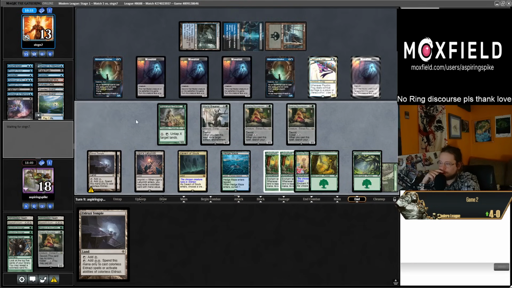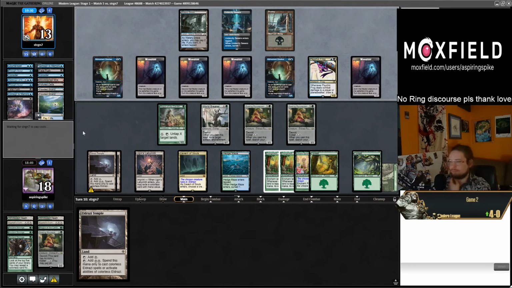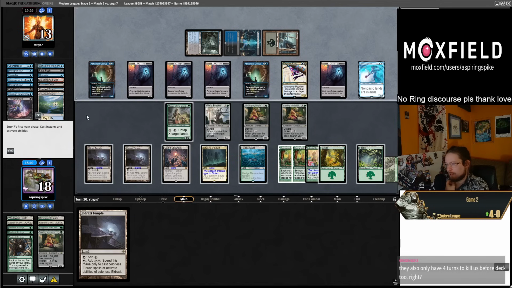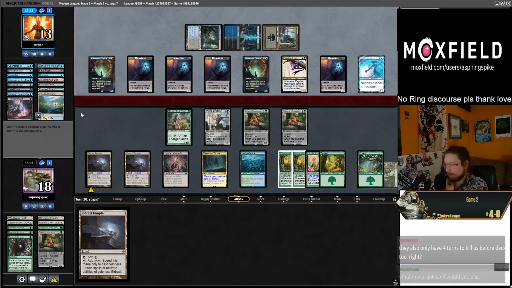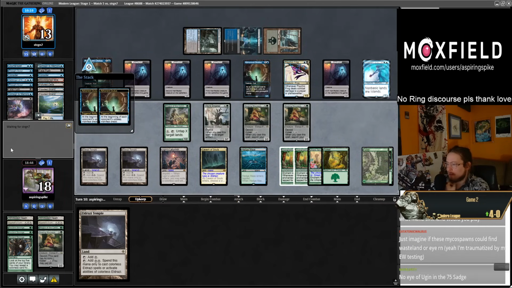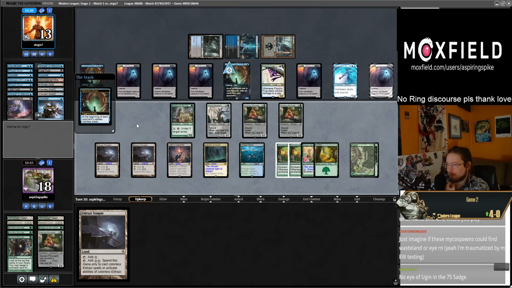Yeah, they must have a frog at this point. But it's also only ever in situations like this that chatters are like, Spike, what if we had a Mana Sink land? Like, of course, but I'm the one who has to draw the card all the time. Okay, let's draw a Karn, a Sire of the 7 Deaths. I would take a World Breaker, I guess, but